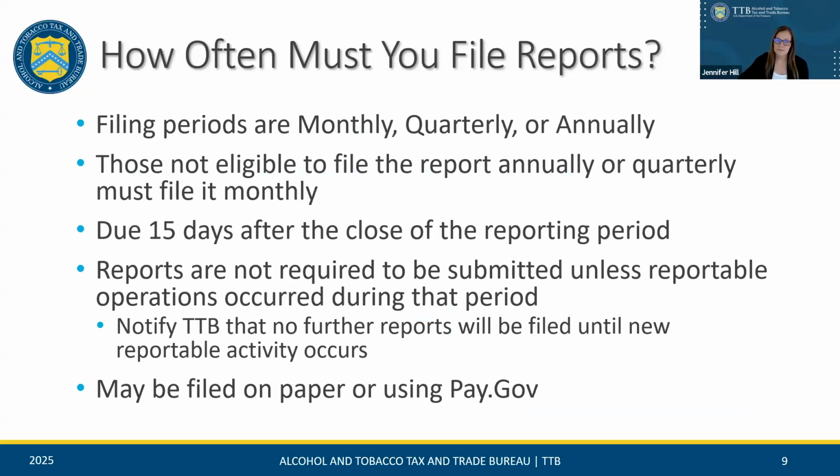Now that you know your filing frequency, let's cover due dates. As I mentioned previously, the reports can be filed on a monthly, quarterly, or annual basis. If you do not qualify to file quarterly or annually, you will have to file monthly. Reports are due on the 15th after the close of the reporting period. So if you are a monthly filer, it would be due on the 15th of the month following the month ending the reporting period. For example, if the period is January 1st through January 31st, it would be due on